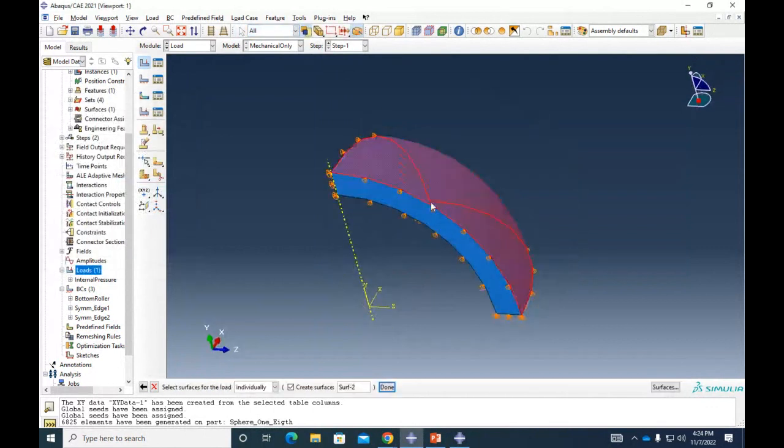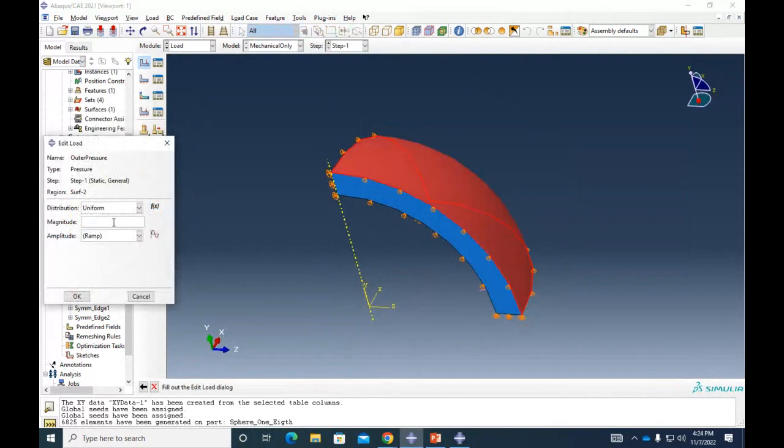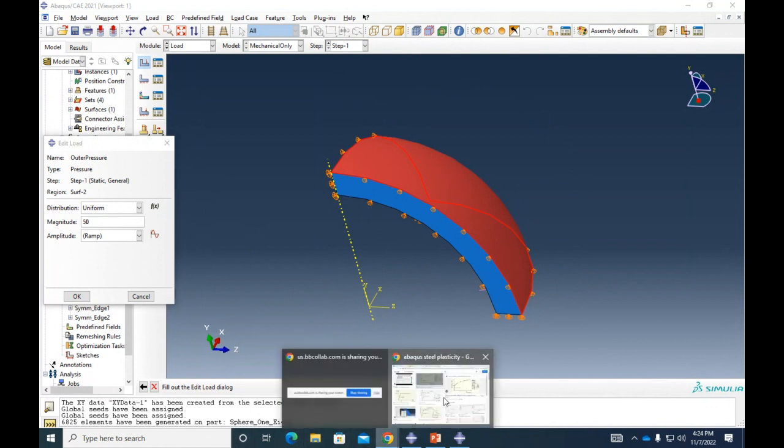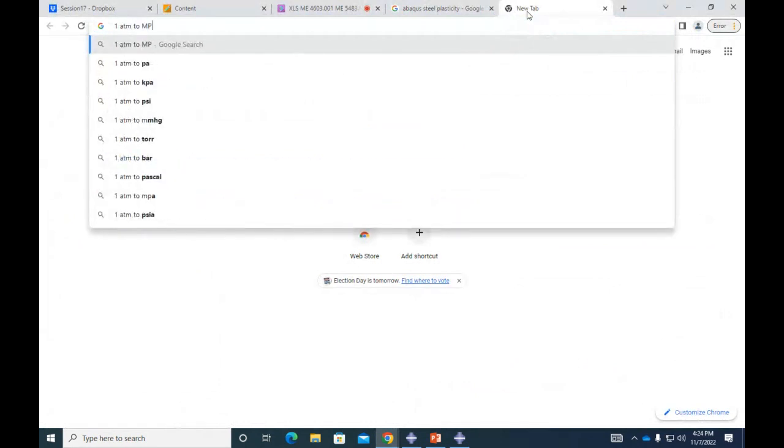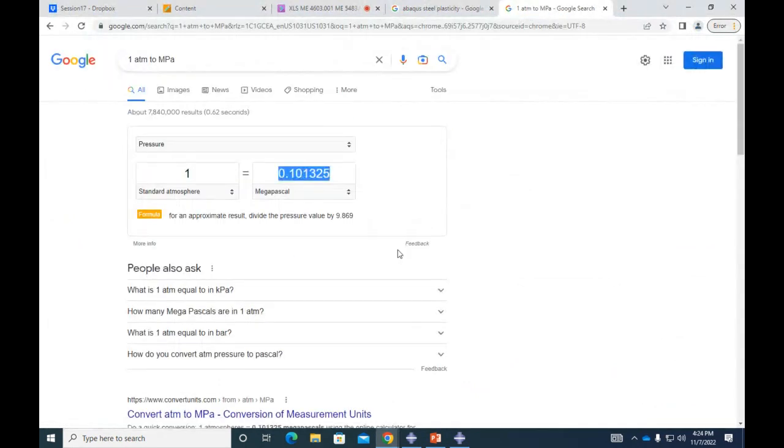Here, and I'm gonna select the outer surface. And here, the pressure, what value should I put in there? Atmospheric pressure. I don't know what that is, but let's put something like 50 megapascals, all right? It's super small, but let me see, so this one, 0.1 megapascals.